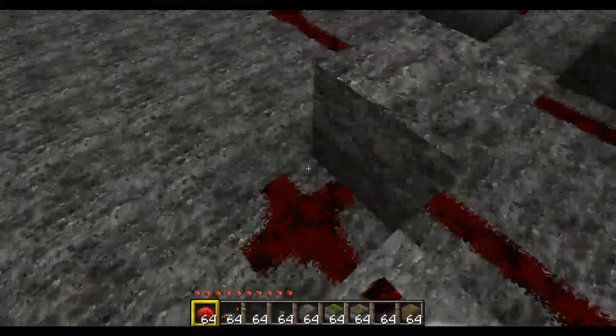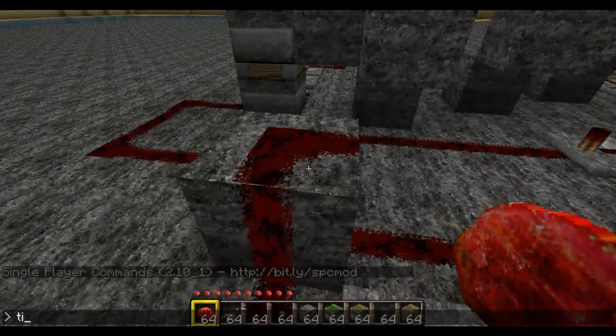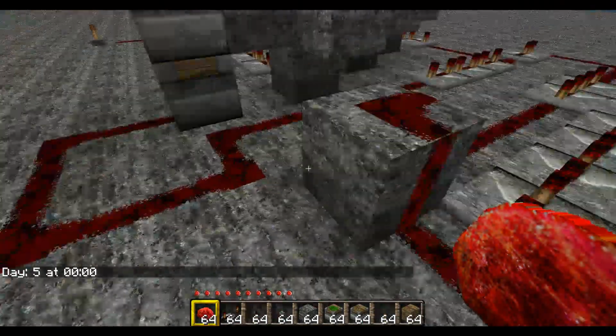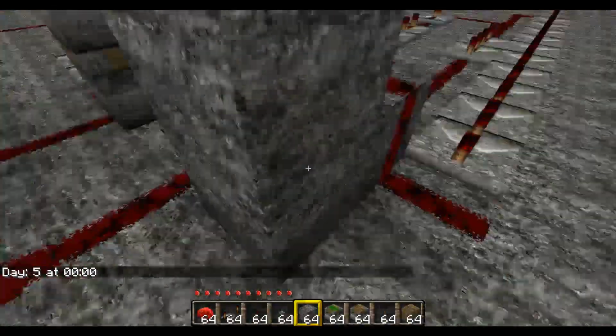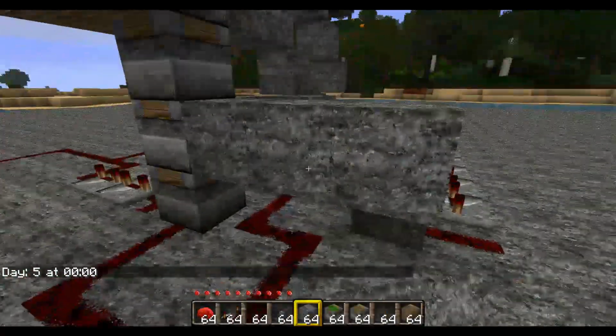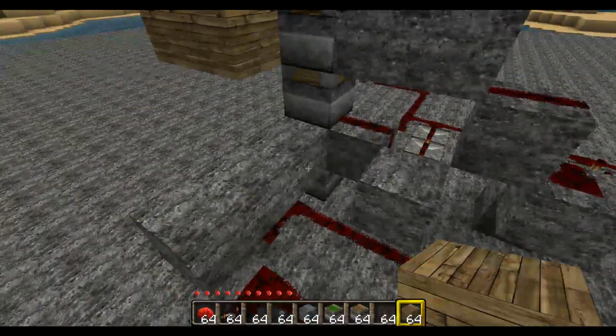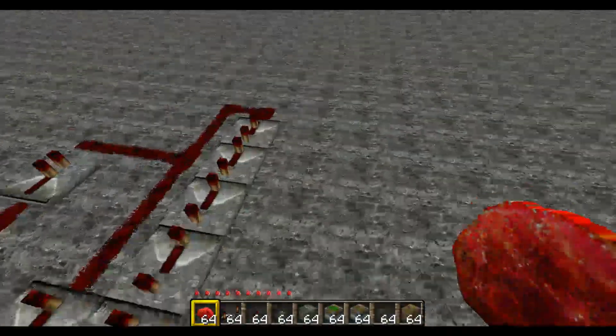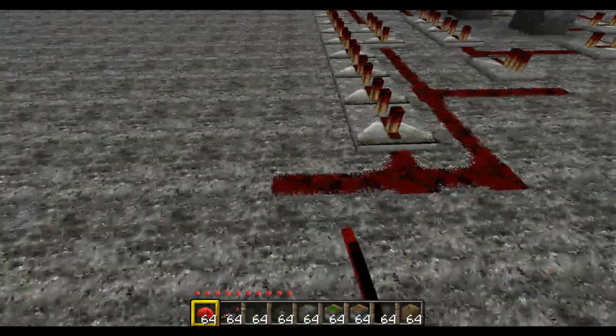And then you want to just go ahead and connect that. And I'm using single player commands again, so you'll be able to see everything better. And connect it up here, as well as spawn everything, of course, like so. Okay. Next row over,